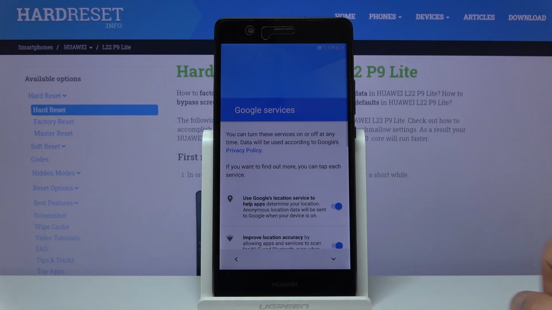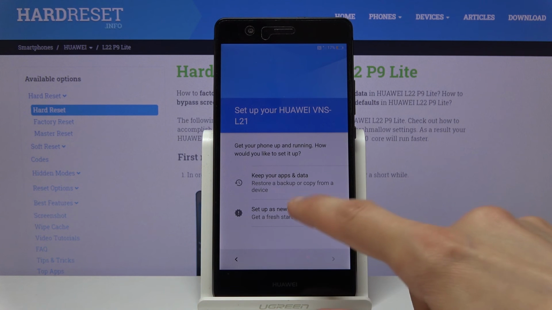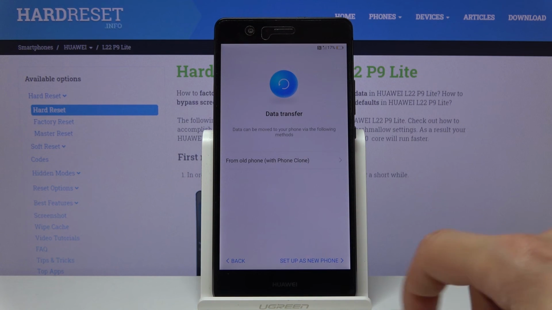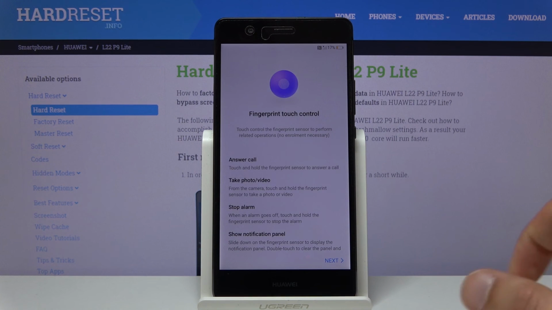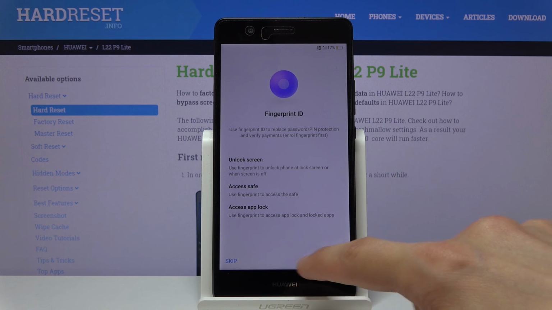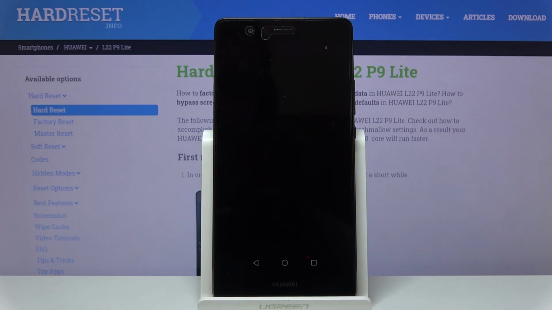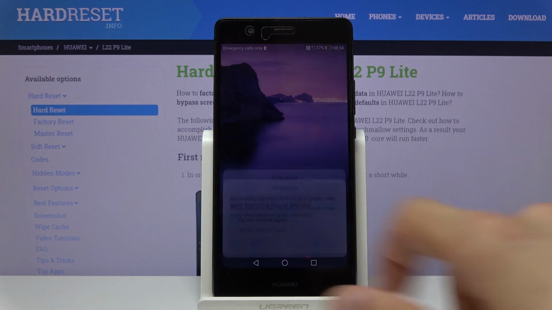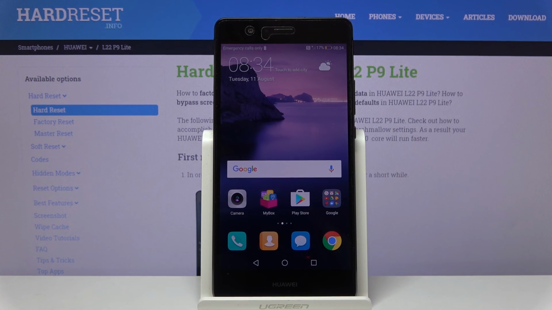And like I also said, we can connect to anything that you want, so adding passwords, Google accounts and all that stuff, it's completely up to you if you want it or not. I'm going to skip most of it just to save time. Skip this as well, and there we go. So as you can see, we're now on the home screen with no verification. The device is now fully